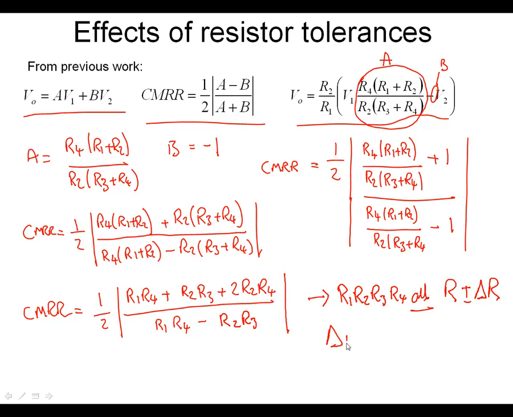And we can define that delta R over R multiplied by 100 would equal the tolerance of the components. Okay? So we're going to use that in the next expression. And we're going to take this equation here and substitute for R1, R4, R2, R3, R2, R4,